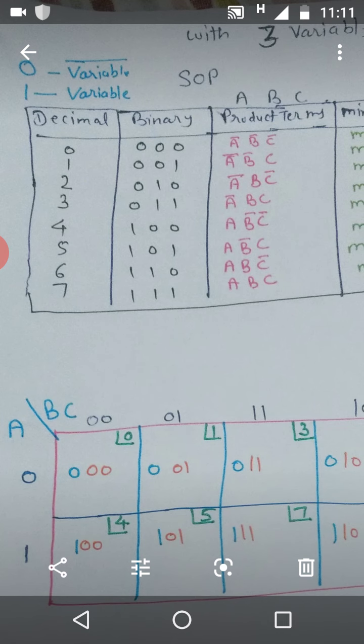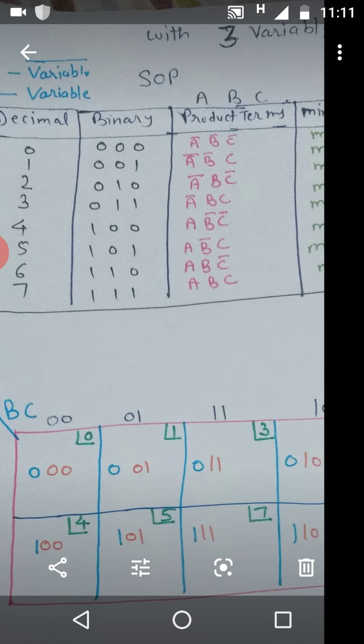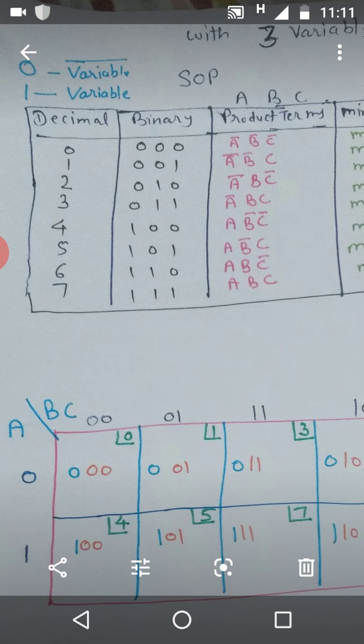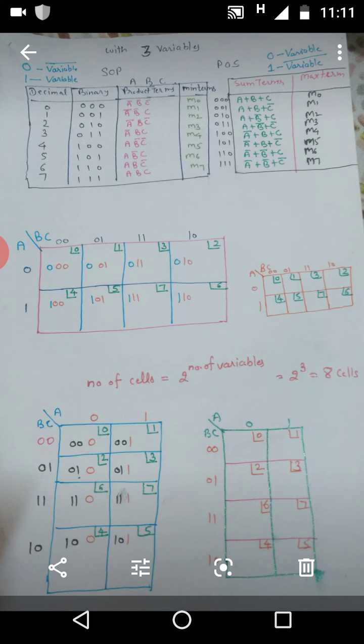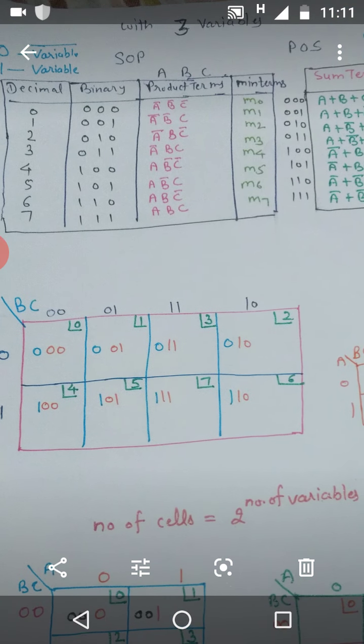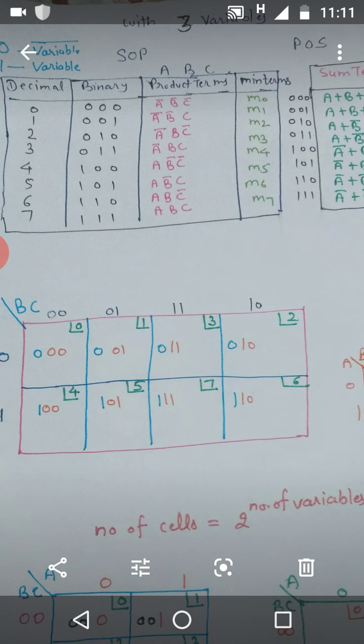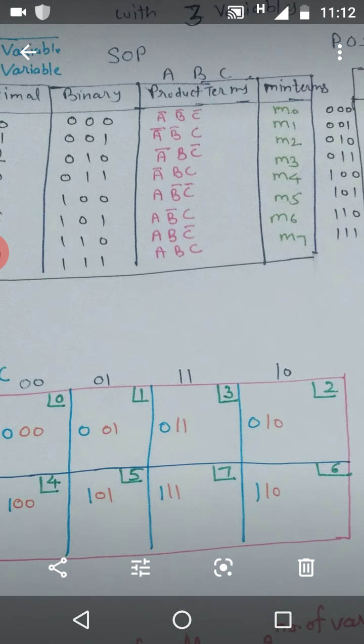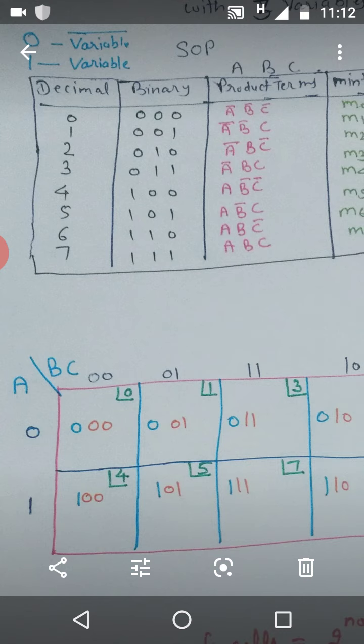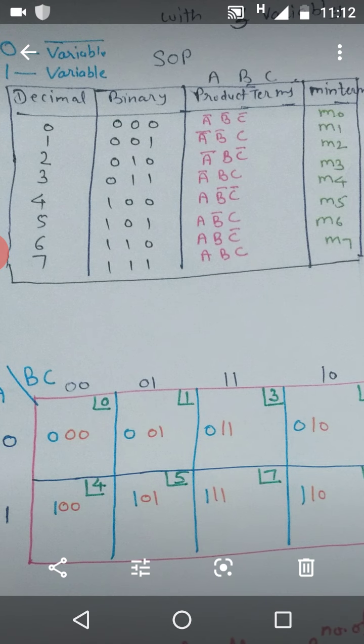The binary combinations for 3 bits, 000 to 111, and their corresponding product terms. Right? In SOP format, 0 indicates the variable complement, 1 indicates the variable as it is. Next, corresponding to this table there are a total of 8 minterms, M0, M1, M2, M3, M4, M5, M6, M7, up to M7. So how are these minterms computed? I think it is clear from 2 variables also.